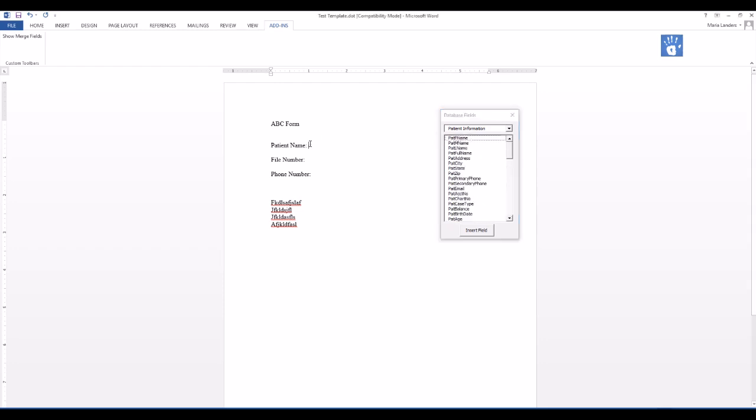So I'm going to make sure that my cursor is right where I want it. And like for this example, I'm going to choose patient full name. So we have first name, middle name, last name. But I'm just going to do full name, and I'm going to click insert field. I'm going to move on down to file number. And I'm going to find account number, or some of you may use chart number. We use account number, so I'm going to insert that. And then phone number, so I'm going to click on that, and we're going to do the primary phone number,